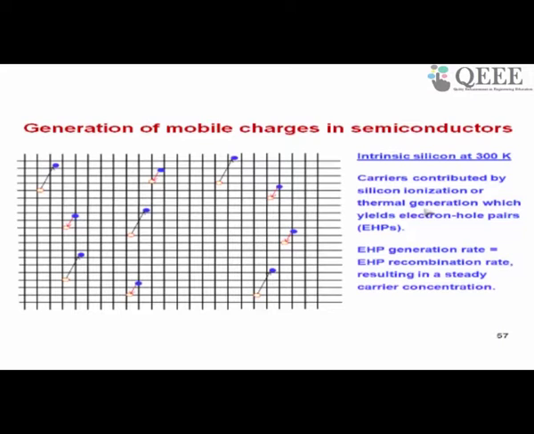Now, two processes are happening simultaneously in an isolated piece of silicon. Along with generation, there is also what is called recombination. Now, why should there be recombination along with generation? If there was no recombination, there was only generation, then the concentration of electrons will go on increasing with time and concentration of holes will go on increasing with time. Electron hole pair concentration will go on increasing with time. Why? Because there is generation. So, constantly bonds are breaking and electrons and holes are getting created.